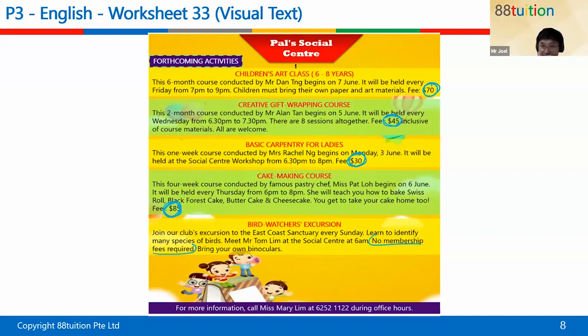Okay, sure. But anyway, can you understand why the bird watchers excursion is free? Because over here, they won't actually need to provide you with anything. You just have to join them. I don't think they're even going to order a bus to take you to East Coast Sanctuary. You just join them directly at East Coast Sanctuary. So they're not